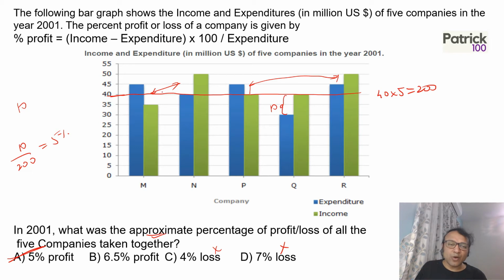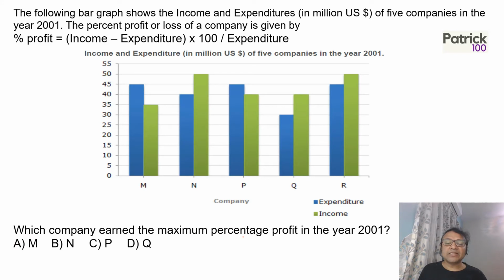Total expenditure, you can add also: 45 plus 40 plus 45 plus 30 plus 45. I'm just trying to avoid addition. So if I take average 40 approximately, it comes to 40. Look at 1 bar on top, 1 bar on top, 1 bar on top. So 3 bars on top, but 2 bars negative. So overall it comes to approximately 40 for each of the 5 companies. So 200 is the overall expenditure. So profit of 10 on expenditure of 200 will give you 5%. That's the answer, A option. So if you want to be fast in DI, learn to approximate. That helps you to be fast in the exam.